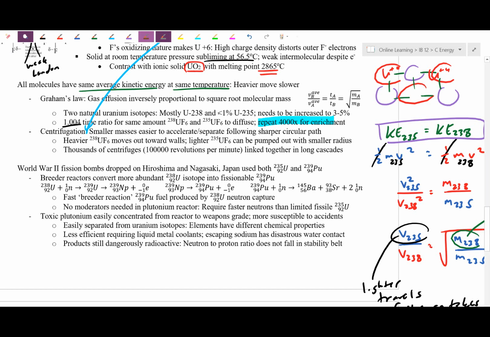But because this time ratio is so tiny, we only get it up to about 3 to 5%. Worrying about nuclear weaponry here, to actually weaponize uranium, they say you need it enriched upwards of 20%, 30%, which is why it's not as big a consideration, because it takes a long time to get the